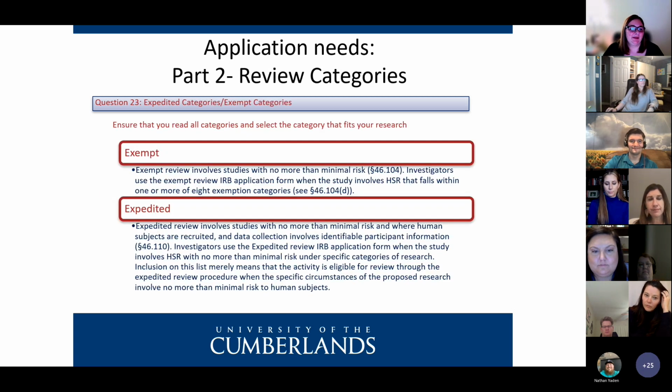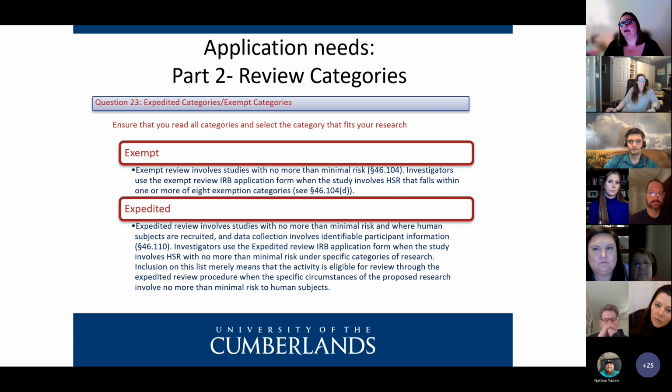All right. So ensure you read all the categories for whatever application you're going to use, and what it includes. So exempt, no more than minimal risk, and expedited. Subjects are recruited and data is collected, involves identifiable participant information potentially. Now, when they say that, it's potentially identifiable information. If you're looking at doing a study in a center with 12 employees that are going to be